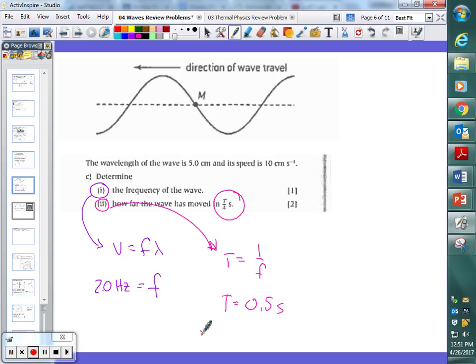So that means they want to know how far the wave moves in that many seconds, right? You know this is the speed. You know this is the time, so we just go back, right? Speed is a relationship between distance over time, v, s, whatever, right? And so